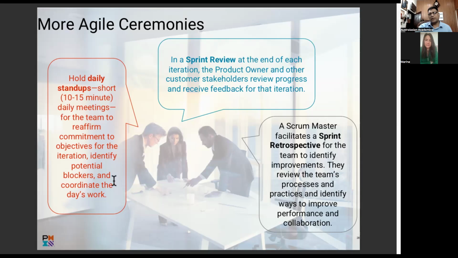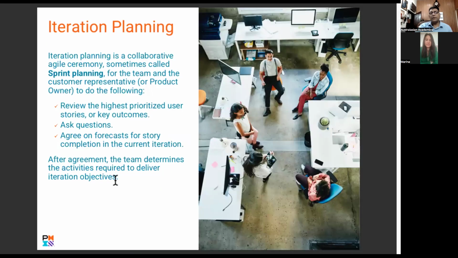So we discussed these ceremonies earlier. Iteration planning is a collaborative agile ceremony that's sometimes called sprint planning. Sprint is the same as an iteration, as I said to you earlier. It's a piece of work that needs to be done. All right, so the customer's representative, the customer's voice, is basically the product owner.